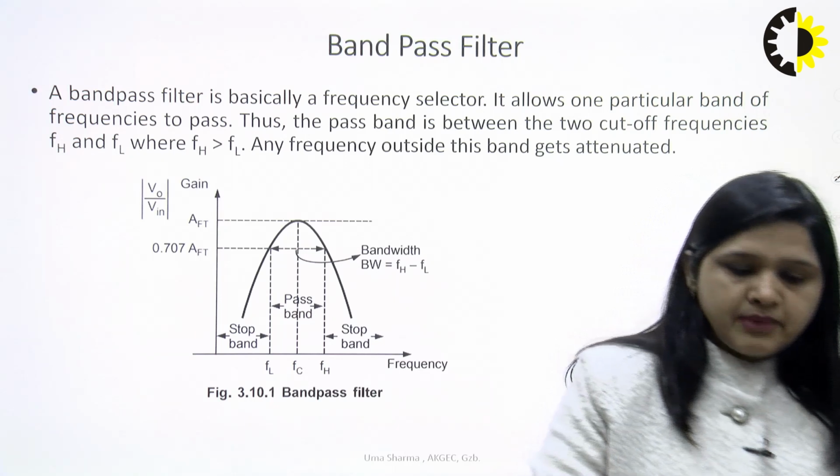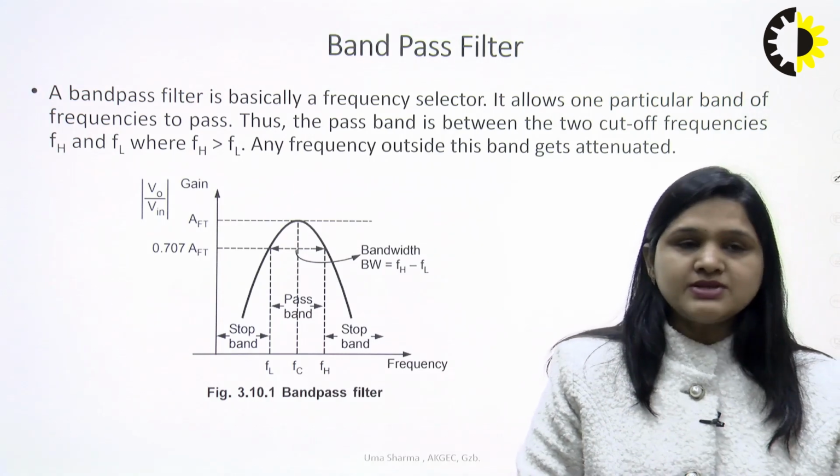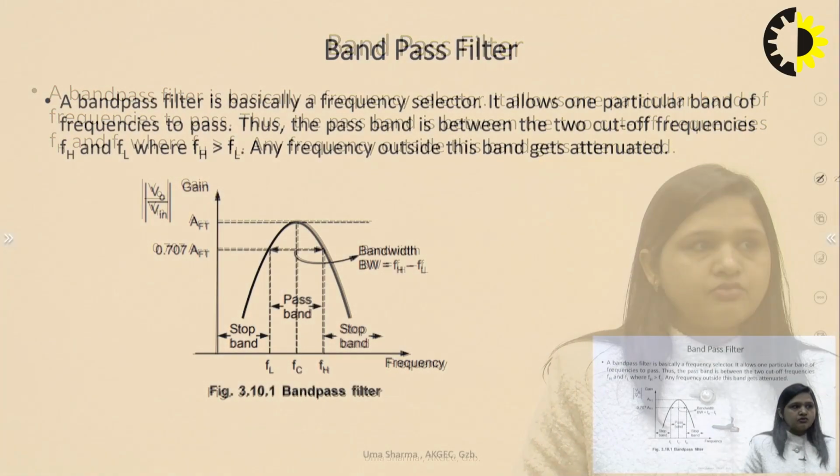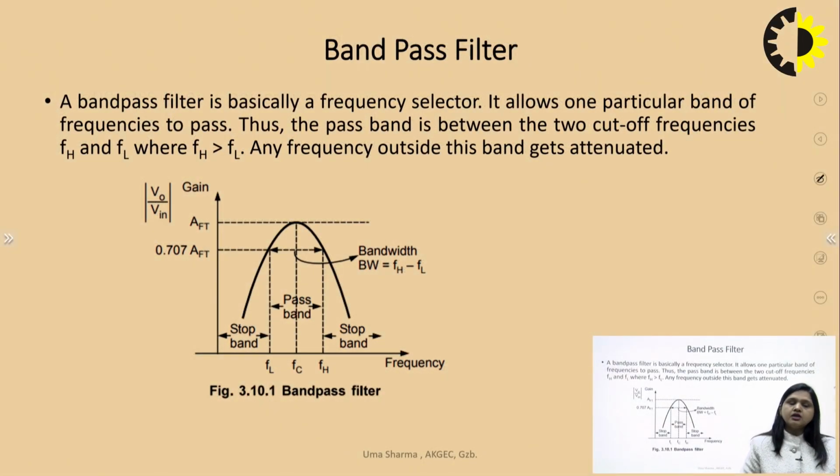So, basically a band pass filter is a frequency selector. It allows one particular band of frequency to pass while attenuating the other frequency bands. The pass band is between two cutoff frequencies, known as the higher cutoff frequency and the lower cutoff frequency. That means the filter will pass the frequencies which lie between FL and FH and attenuate other frequencies which are